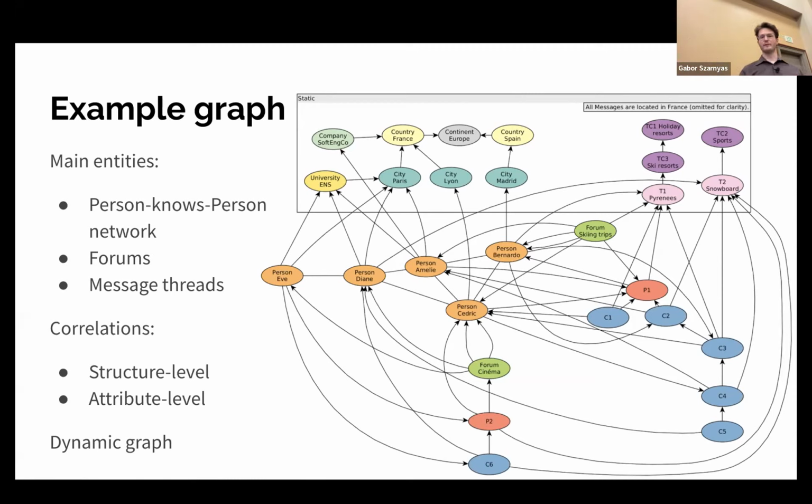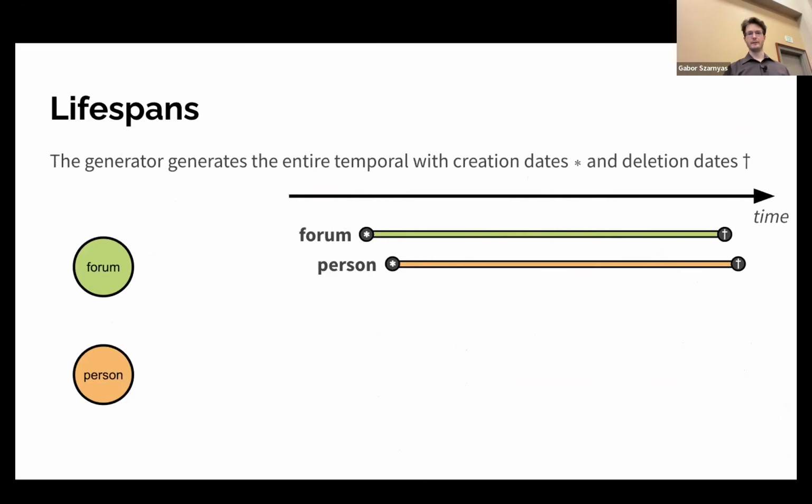The graph is dynamic, so there are timestamps for each of the nodes for when they are created and when they are deleted. And this is actually something that turned out to be quite tricky to define because the graph has a lot of implicit rules that in practice are enforced by how the world works and how the users behave. We had to incorporate them in the generator. What I mean by this is that if you are a person and you would like to post a message to a forum, in real life, you have to first become a member of the forum, and only then